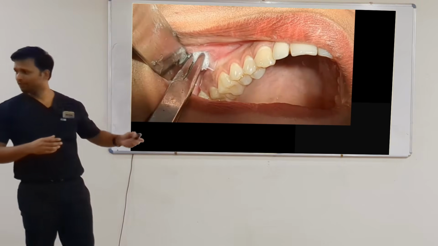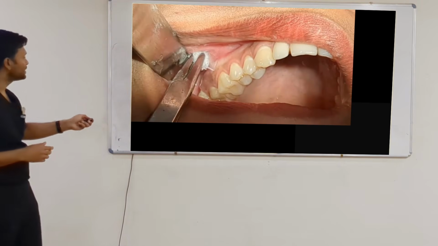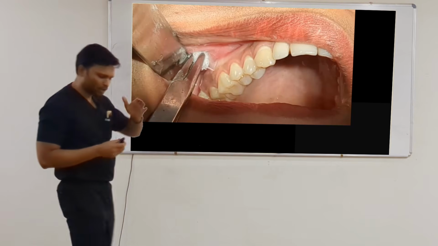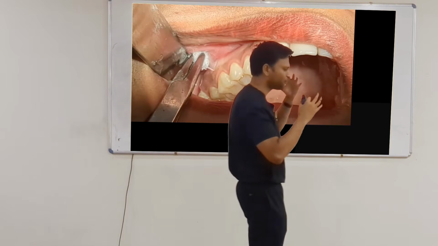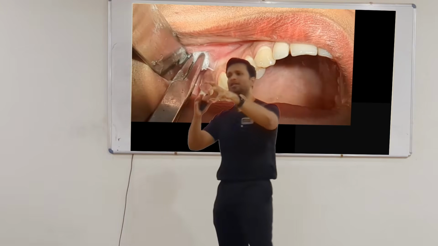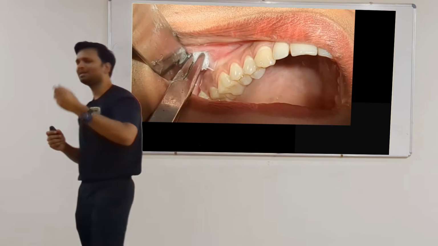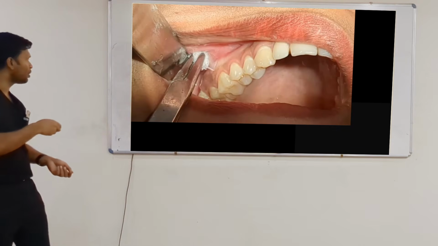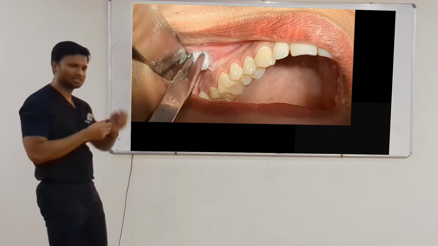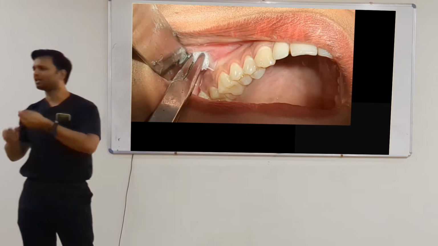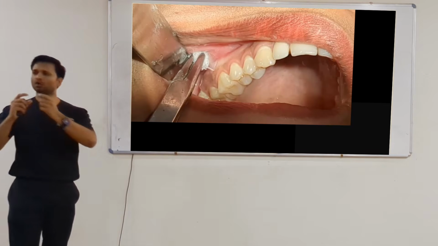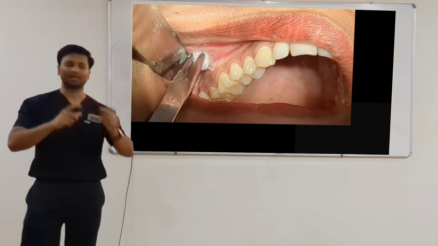So I'm going to show you a video of my own. So you can see I am applying. So before any nerve block, you're going to prepare the tissue, clean the tissue, and then use a cotton bud, or what I do sometimes is just take a small gauze, hold it in an artery forceps or a needle holder, soak it with a topical anesthetic, जो spray आता है, and then I apply.